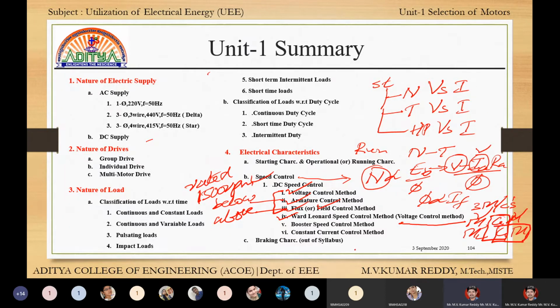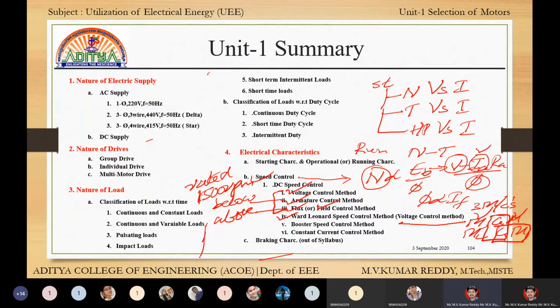The main motor is M1. Next, the booster speed control. Here also three machines are there: M2, M1, and a generator. Here also the generator is the variable one. In this method the generator is called the booster, and the main motor M1 is controlled with this booster. A reversing switch is also there. Whenever the motor generator set is in reverse condition, the reversing switch is used to control it to the same direction. Next one is the constant current control method.